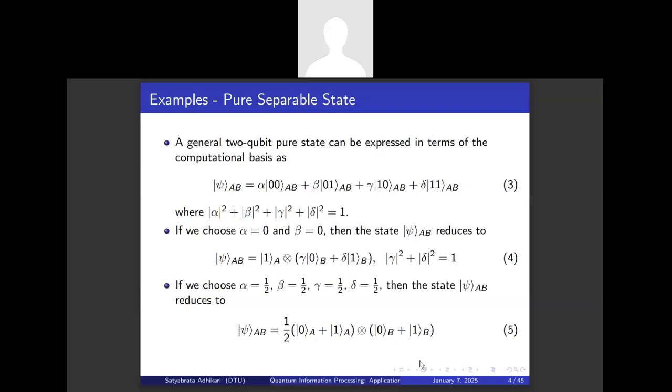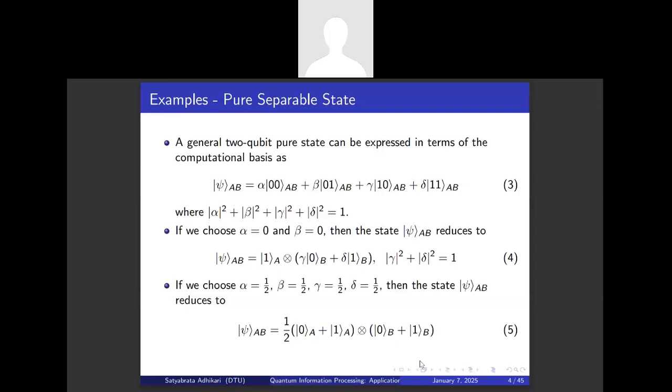So since |α|², |β|², |γ|², and |δ|² all represent probabilities, the sum of all the probabilities must be equal to 1. So that is why there is this restriction. Okay, so now if we choose α equals 0 and β equals 0, so this α and β,